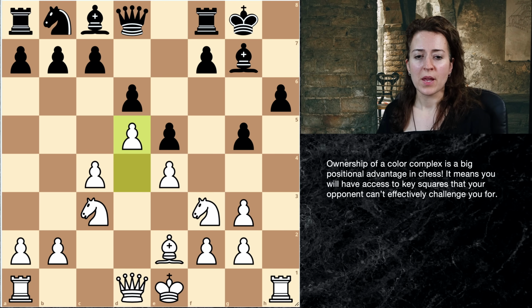A really important strategic concept in chess is that of acquiring ownership of key squares or even a series of squares of the same color, which we call a color complex. So let's take a look at a game that I played out against a student of mine where these strategic ideas came up. My student is a King's Indian player, and he played the very natural move f5,